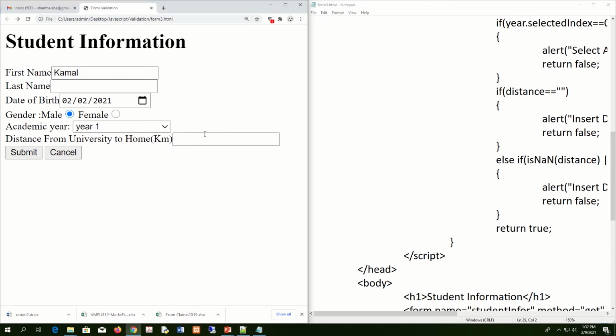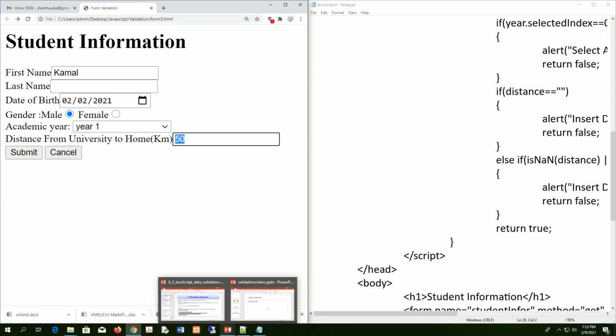So if I enter the correct format, that is a positive number, then only I can submit this, right? So likewise we can validate a number. Okay, I think these are the basics. In addition to that, there's another concept called